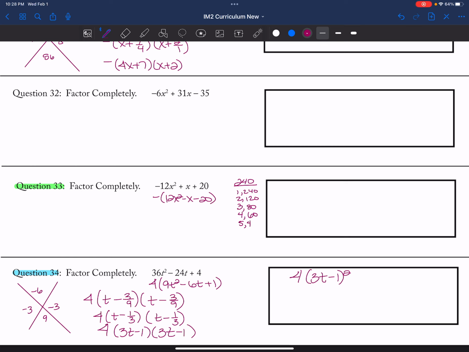So that's a 4. 48. 6 and 40. 7, no. 8 and 30. 9, no. 10 and 24. 11, 12 and 20. 13, 14,